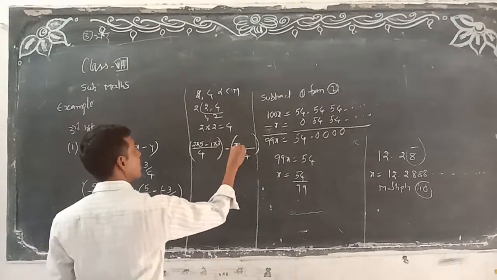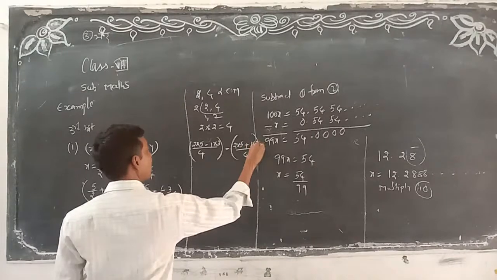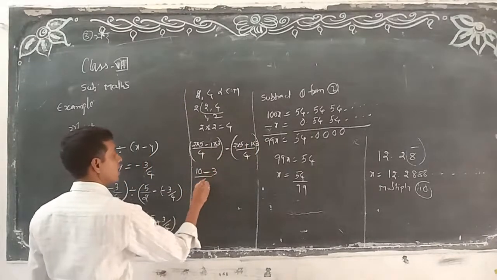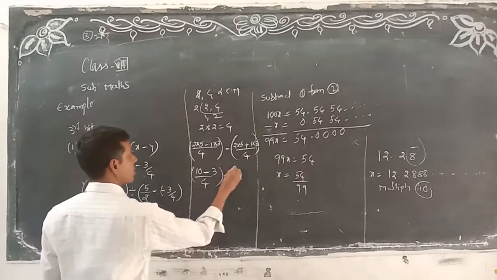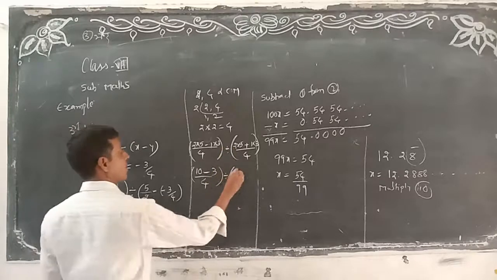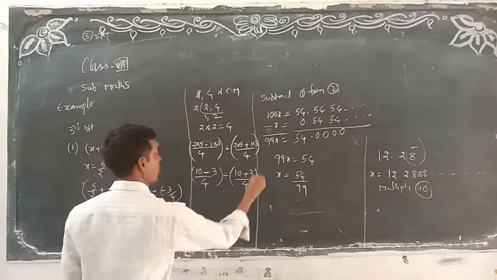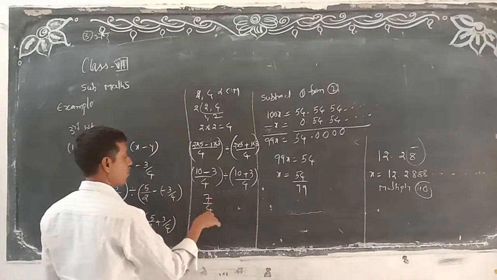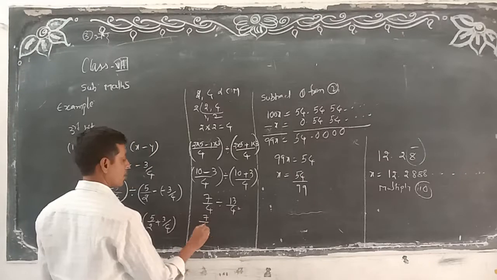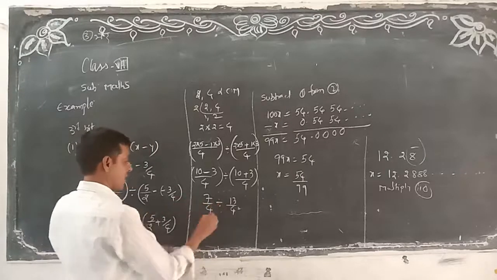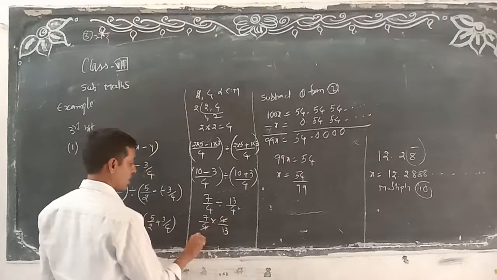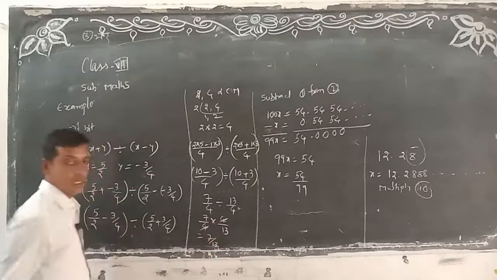2 into 5 plus here 1 into 3. Why? Because here plus is there. 2 5s are 10, 1 3 is 3 by 4. Minus, 2 5s are 10, sorry, here divide is the symbol. 2 5s are 10 plus 3 by 4. 10 minus 3, 7 by 4 divided by 13 by 4. In 7th class I already learned 7 by 4. If the division sign is there, if you convert into the multiplication, write down the reverse also, 4 by 13. 4, 4 get cancelled. Answer what here? 7 by 13.